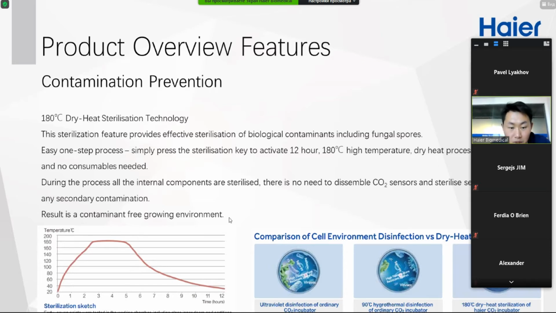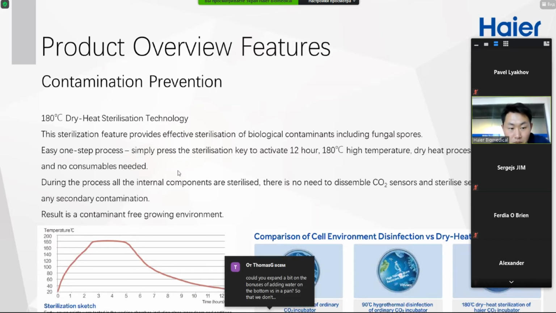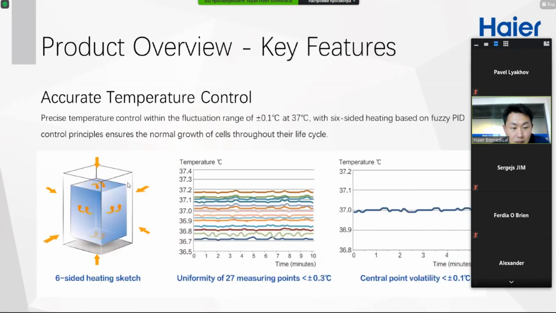It can completely do the dry heat sterilization. It's better than the other two kinds of ways. This is temperature control, the temperature control for the